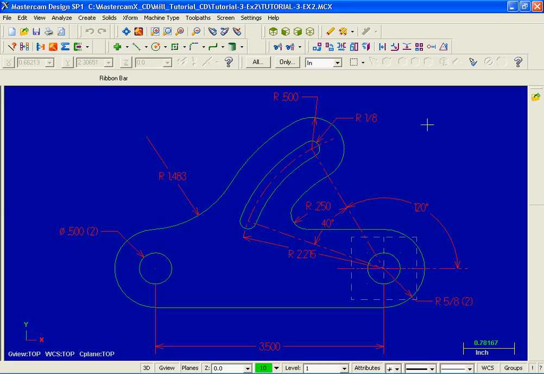Hello and welcome. In this video segment we'll create the geometry for Tutorial 3 Exercise 2. The drawing for this exercise is at the end of Tutorial 3. On the screen is the completed geometry. Shortly I'll create a new part and start at the beginning, but before we do that let's review the geometry